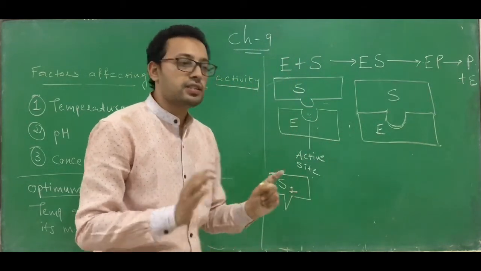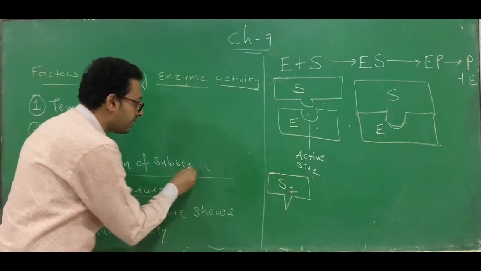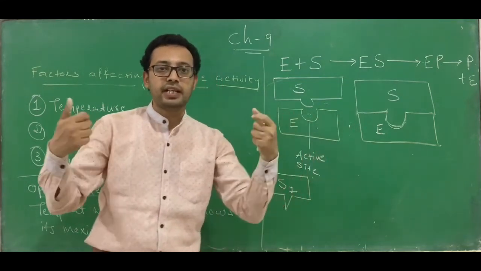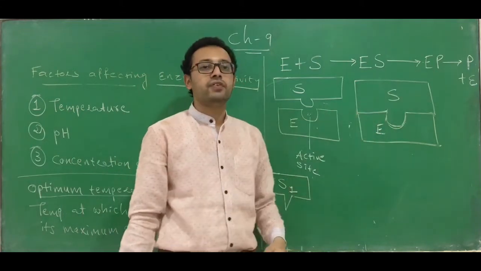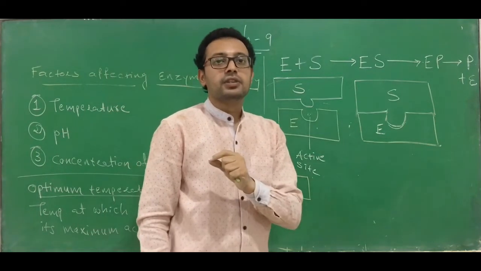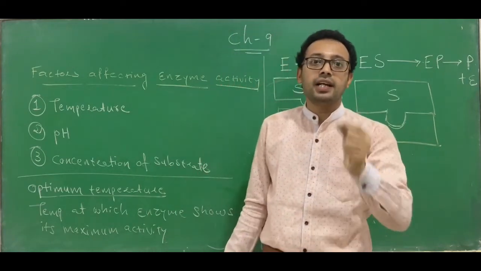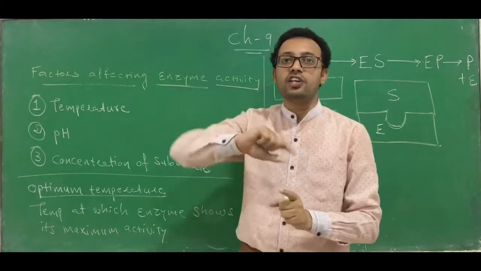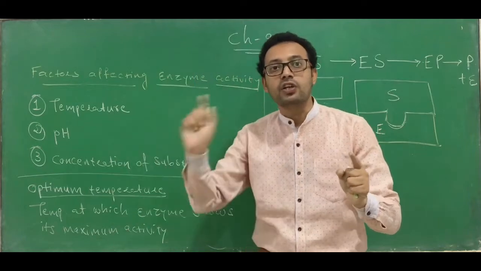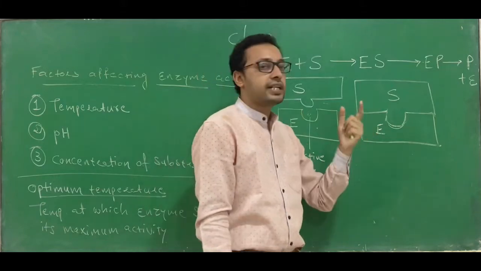Okay. So before learning the effect of concentration of substrate on the enzyme activity, you should know how the enzyme works. The enzyme works like a lock and key model. If the substrate and enzyme fit, then and only then the product is going to be formed. Otherwise, it is not going to be formed. So one thing is clear now, that a specific enzyme can only catalyze a specific substrate only. It cannot catalyze any other substrate. Like for maltose, the enzyme is maltase, not any other. Clear? So this is what happens in the working of enzymes.